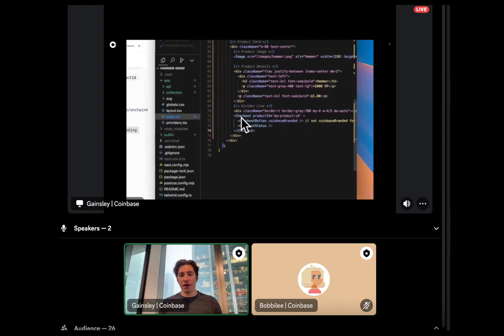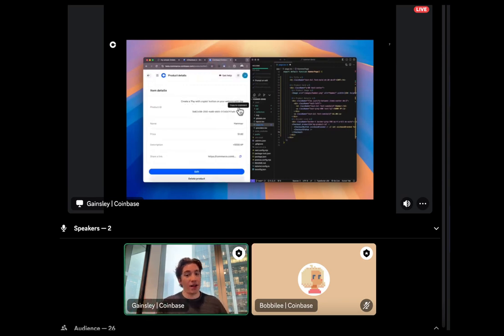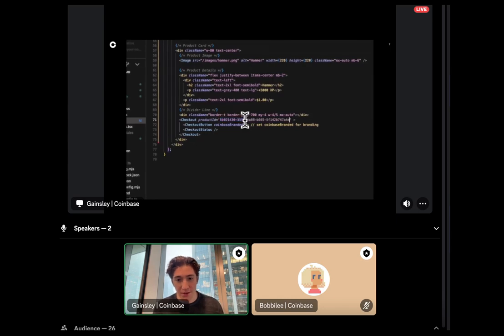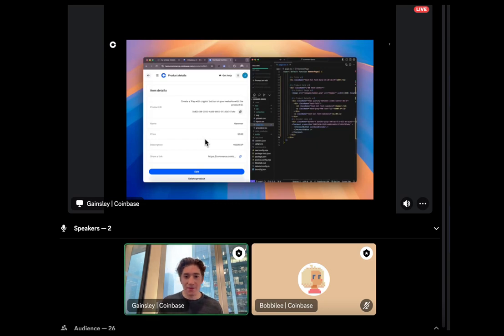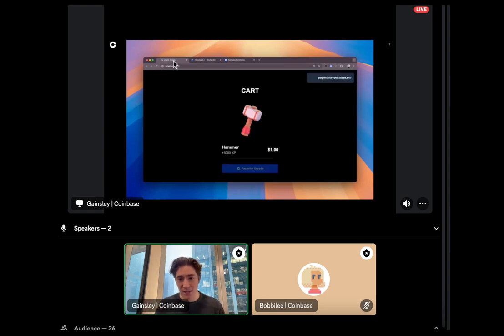And you'll see here, all I have to do is import this OnchainKit component into my project and then paste in the checkout button itself. Then I'm going to copy that product ID, which represents the individual product that I made, paste it right into my code. And in truly seconds, I'm going to have a fully functional payment button in my app. You can customize this button to say whatever you'd like. You can customize how it looks. You'll see here, this one says pay with crypto. You can also make it just say pay.